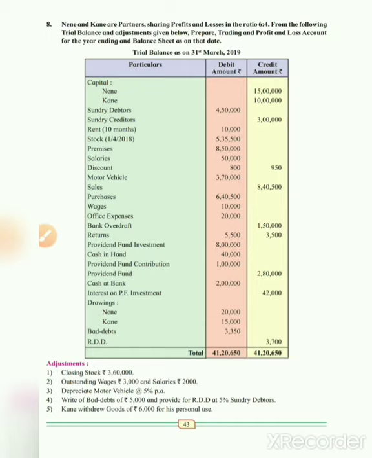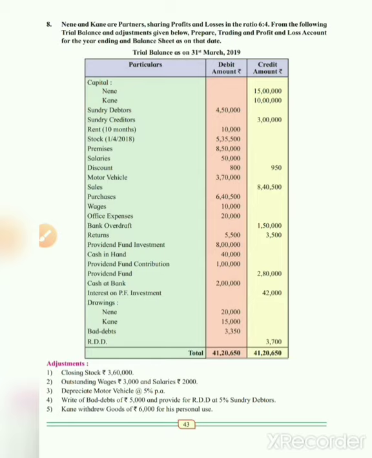So remember these 4 points here. Provident fund investment, it is the asset. Provident fund contribution, it is the expenditure as firm is contributing the amount of money for the welfare of employees. Then provident fund, it is payable to employees because it is collected for their welfare. And interest on provident fund investment, it is the return on PF investment. Now let's see in trial balance. Our item is provident fund investment by rupees 8 lakh.